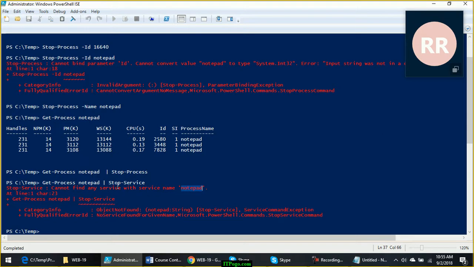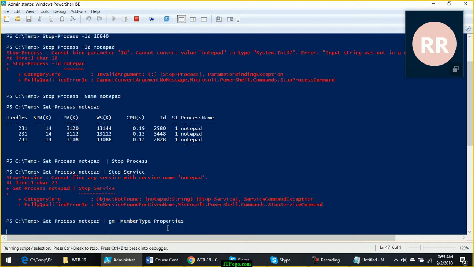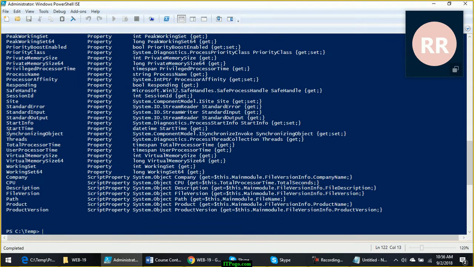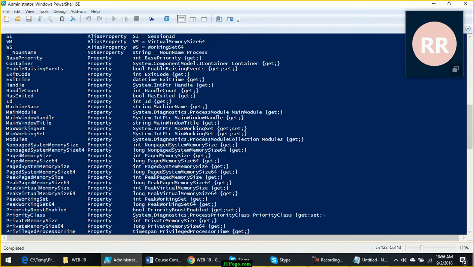So how did this stop service commandlet understand that the notepad service needed to be stopped? Because it is reading the name property of the get process command. When you look at the output of get process using get member, if you analyze the output and look at the member type as properties, you will find there is a property called name.